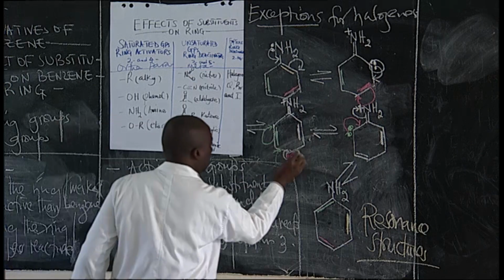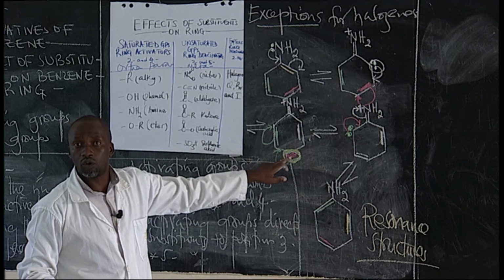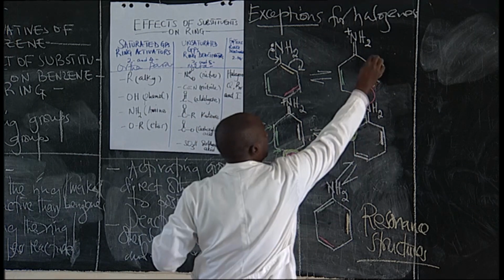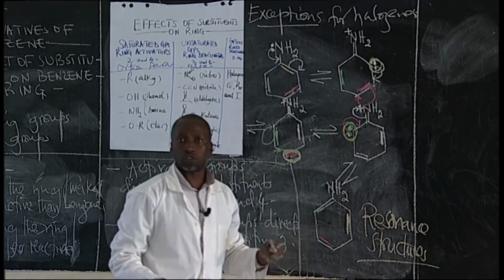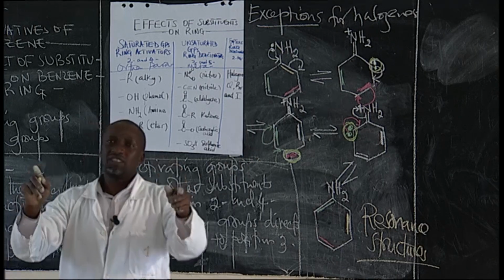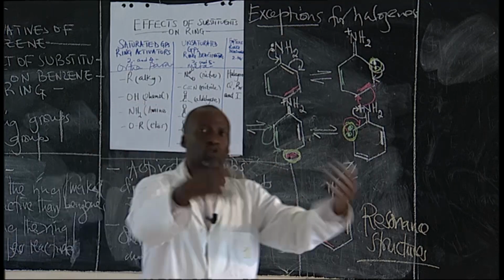Look at this. Double bond. Which position is this? This is position number 4. Look at this. This position here and this position are the similar. This one and this one are the same positions. Position number 2. So meaning the ring activators, what we mean by the ring activators is increasing the electron density